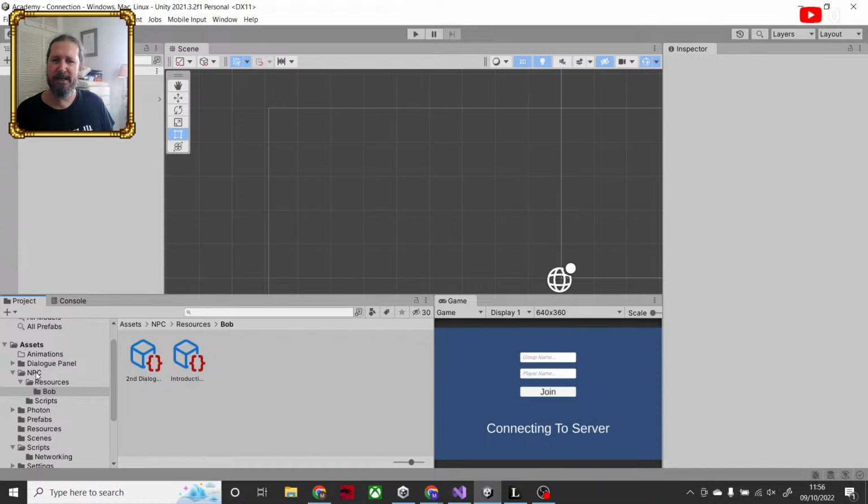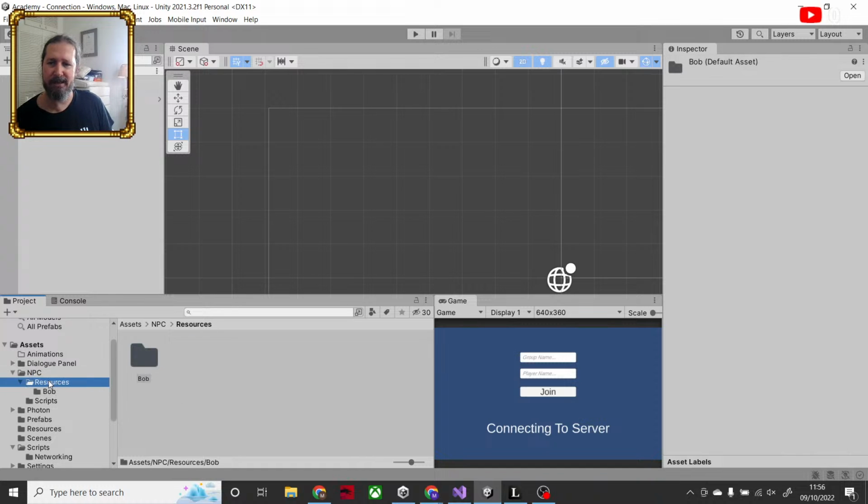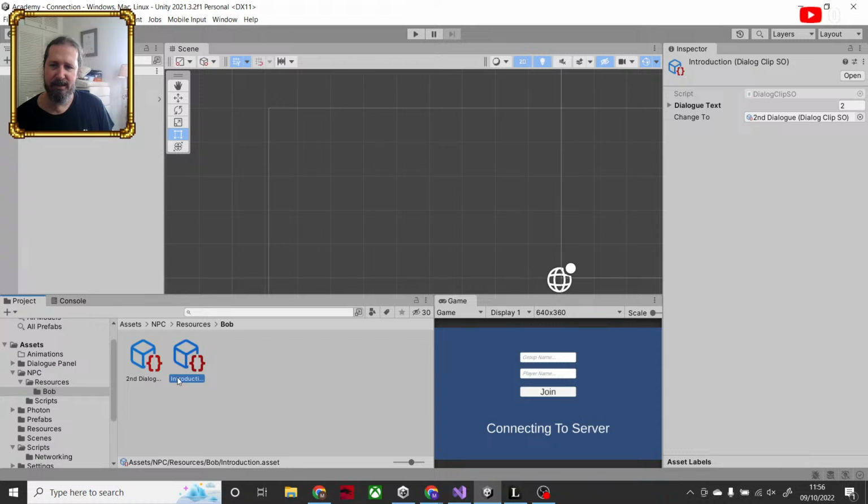I want to be able to get the string that's going to come in from the MySQL database and then find it in my asset folder. So I've created a resources folder in which I'm going to place a folder for each NPC. That way it can find the NPC by name. It can find the correct dialogue, and it will put that into my NPC.